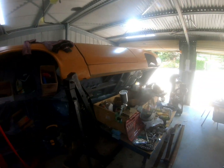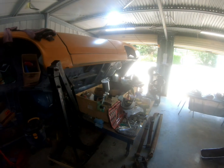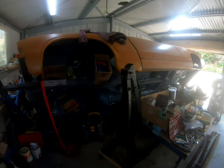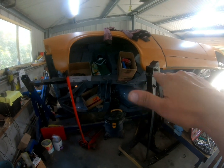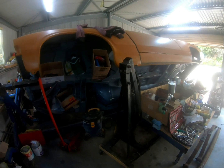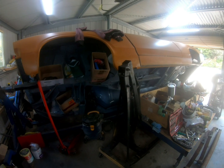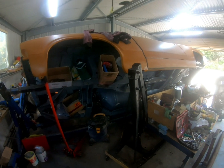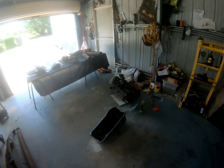So as you can see here, it's a bit hard to work on it where it is. So what I'm going to do now, I'm going to shift all this stuff out of the road and then turn the car back around, and then I can start progressing with it. But before I get onto that, I'll show you some of the goodies that I've bought over the last 2 months. So to start with, I've got this